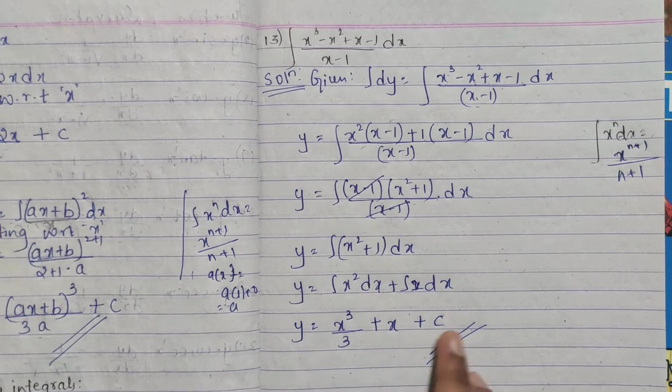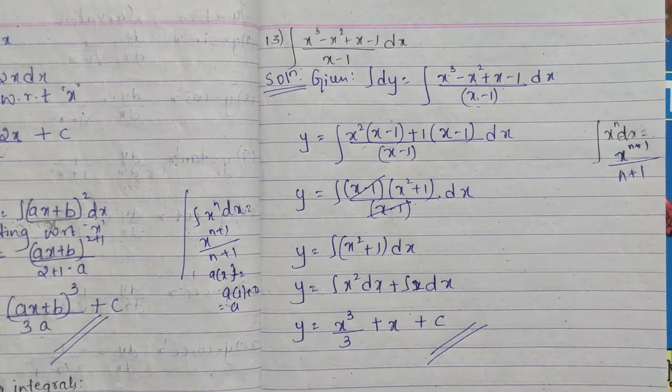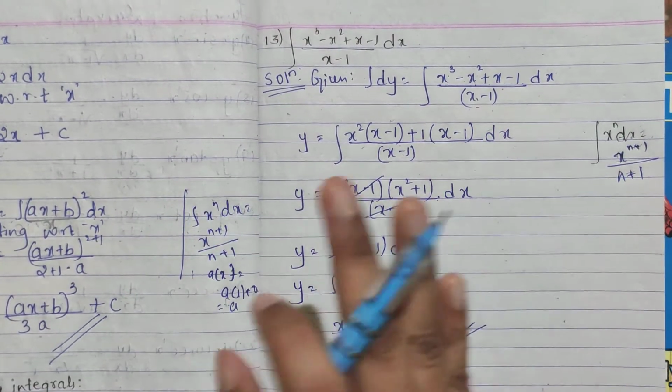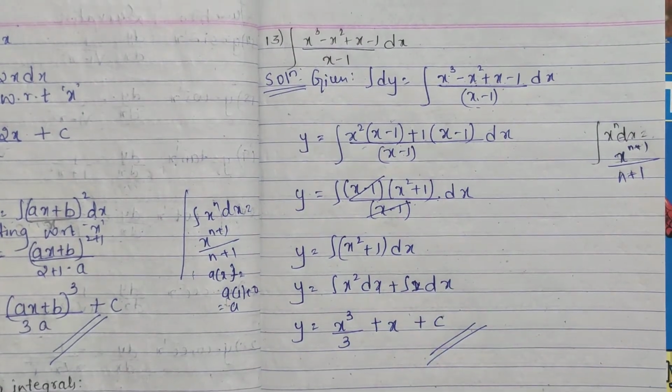So the previous and this solution, you are getting the same. I hope this is clear for you. Whenever you have such a term, please don't go for the quotient rule in your integration. It is not there. Okay, you can't apply that.